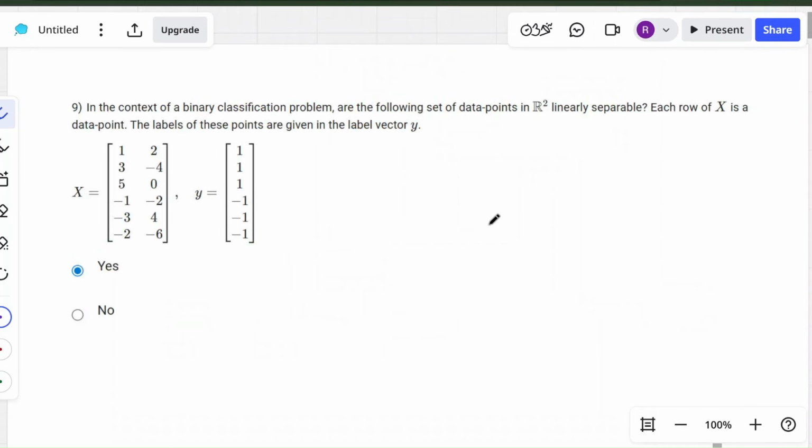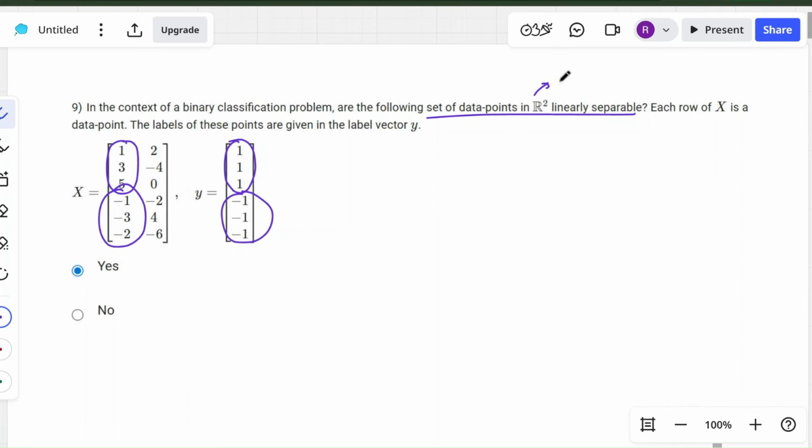Okay, so here we have a very straightforward question. It just asks if the following set of data points is linearly separable or not, right? And you can quickly notice that the first four data points have all positive x values, and the second four data points have all negative x values, right? So basically,